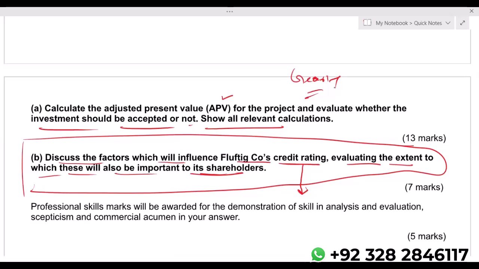Let's talk about even the political environment. You are running a business, you are running a company in a country where there's political instability. Obviously, when there's political instability, it has a bad impact on every business. Generally, it will have a bad impact on all the businesses. And generally, when there's political instability in the country, organizations will definitely not have a good